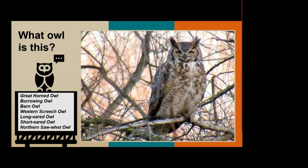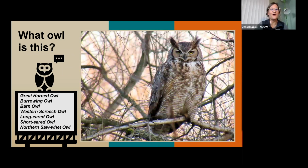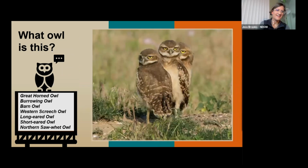Yep, this is our great horned, most common owl out there. I hope, if anything, everyone knows how to identify a great horned owl. And lastly,